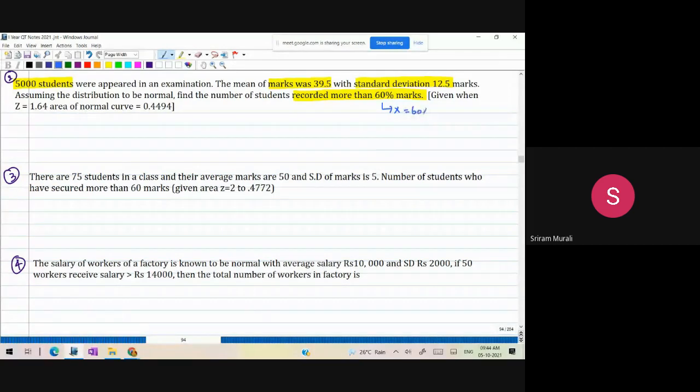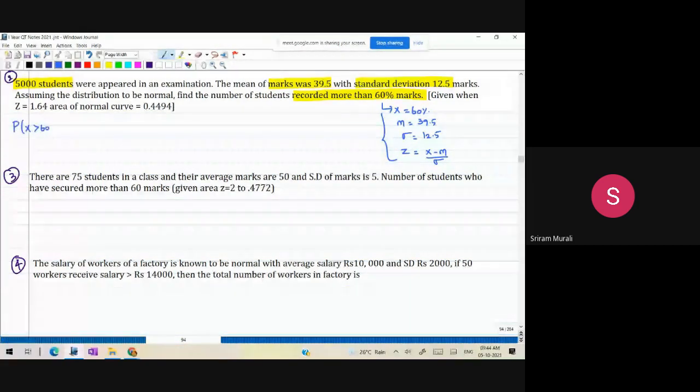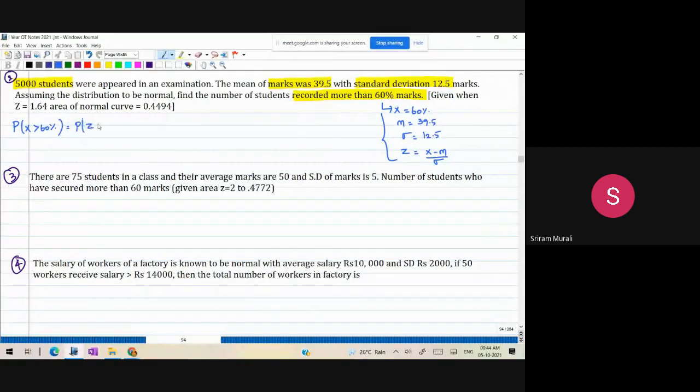And what is average? M, 39.5. What is sigma? That is 12.5, the standard deviation. So what is the formula to convert x into z? Z is equal to (x minus m) by sigma. This is the formula which you know. So I should take the probability of x greater than 60%, which is equal to the probability of z greater than (x minus m) by sigma, that is 60 minus